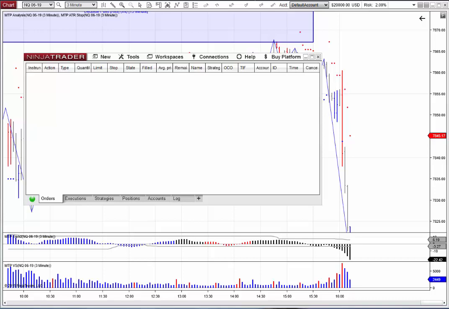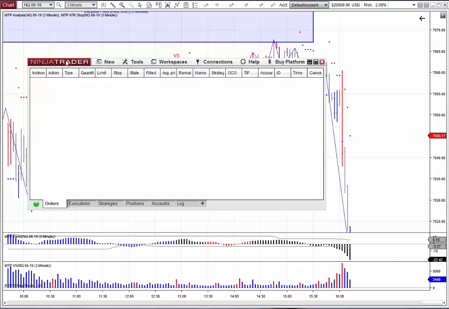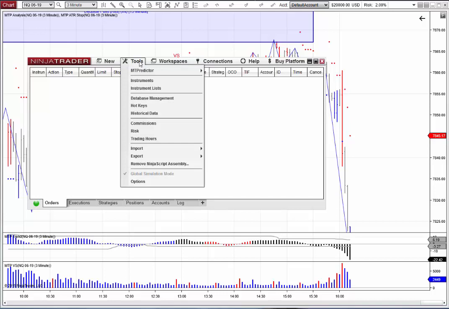In this help video, I'd like to look at the registration and how you manage that in the MTPredictor add-ons for NinjaTrader 8. In NinjaTrader 8, if you go to the control panel and you go to Tools, we've added a new MTPredictor